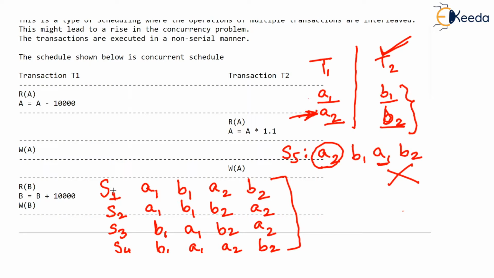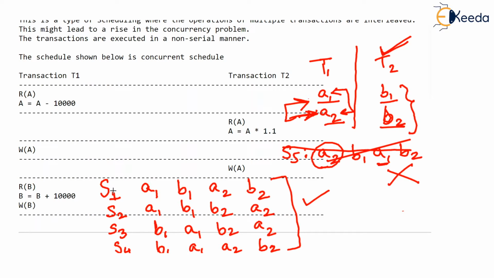That means permutation between the two operations of a particular transaction is not possible. You cannot flip these operations, isn't it? Yes, you can have any combination between the two transactions, but within the transaction you can't rearrange the operations. So any such schedule is not possible. Hence, four schedules are possible given T1 and T2 with two operations each.